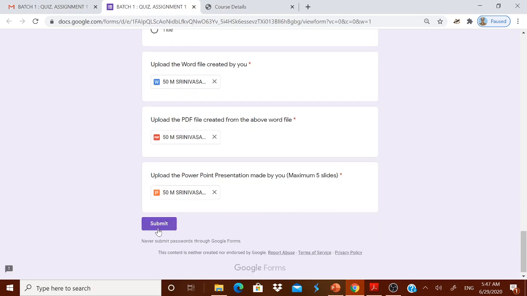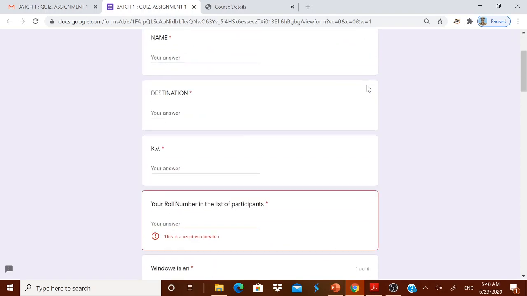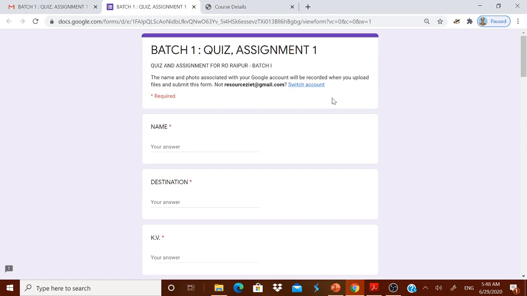Very simple. After you have submitted, you will get a message that you have submitted successfully. Then after that you can view the score of the quiz also, because the quiz is made up of 10 points. It is being 10 points, therefore you will get out of 10 how much you have got.